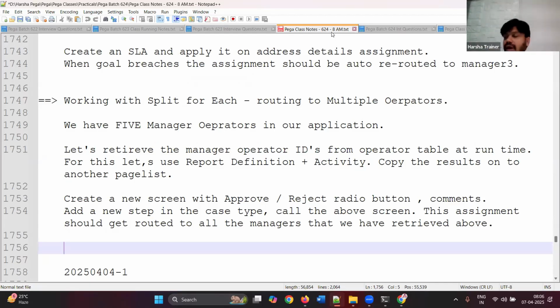Now I'm going to explain you about approval step. There is an OTB approval step available. Okay, anything pending from last class? Split for each practical is over now. So next we are going to discuss about